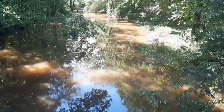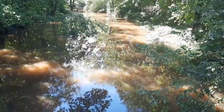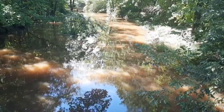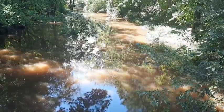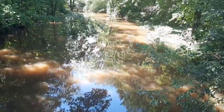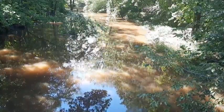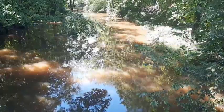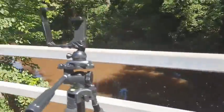Now, I'm guessing this spot right there is definitely way over your head. I don't think the current's moving too fast, but you do have to be a strong swimmer. And all the rocks are hitting, which is bad because you can hit your shin, get hurt, or whatever, and it's bad to be swimming in water like this just because you don't know what's in the water. But we're gonna go take a look on the other side of the bridge and see how that's looking. So, looking over the bridge,